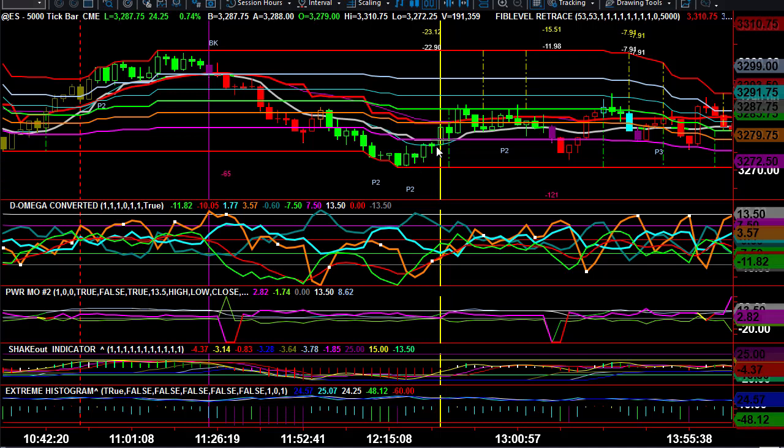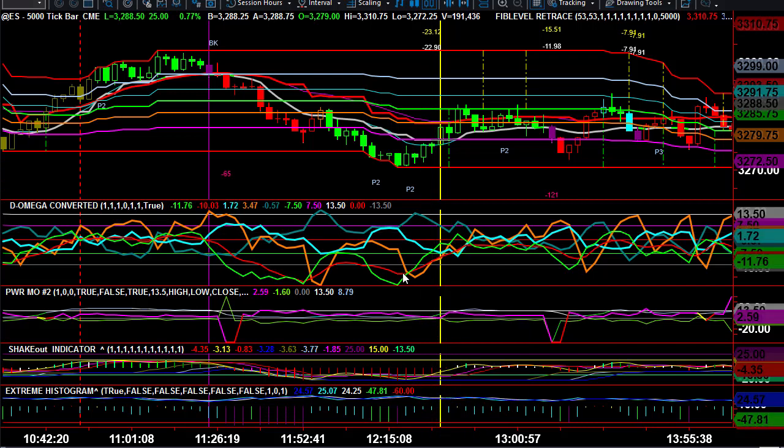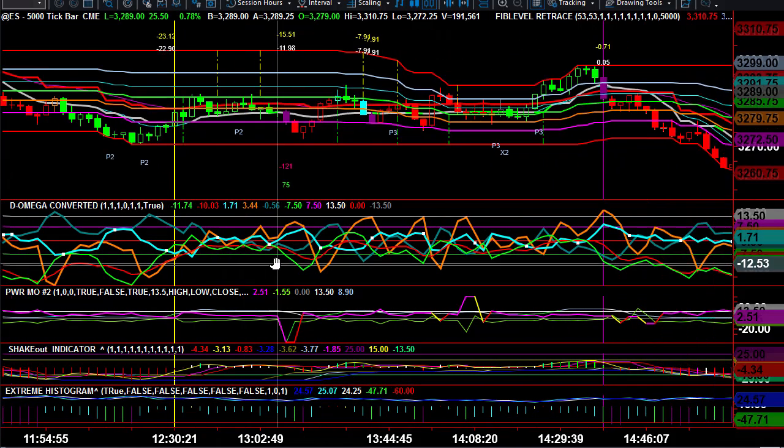It won't be until right over here where you have the turnaround play, and your signal bar, coming up right through here where you've already got the power mode 2 cross, you already had the dip of the orange in that. You get confirmation 1 bar later with the green over cyan, which literally happens at the open of the bar, so it's not hard to just click at that particular point, and then you have your turnaround with the upside potential move.